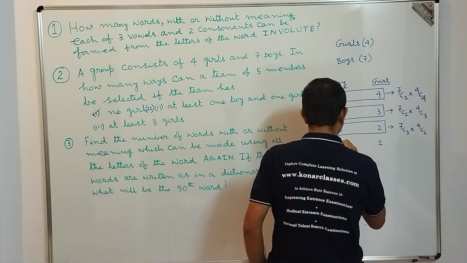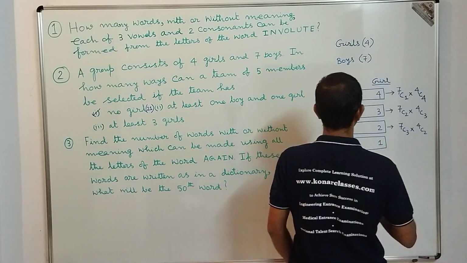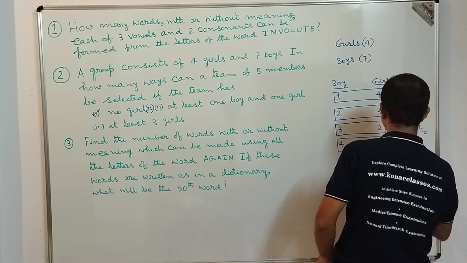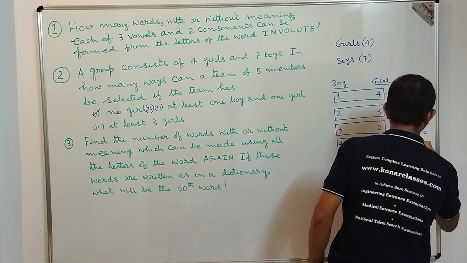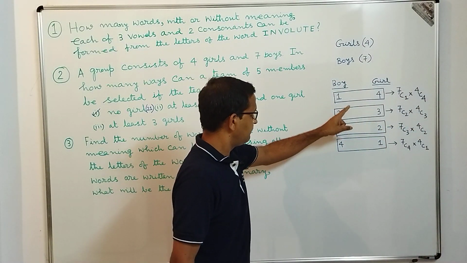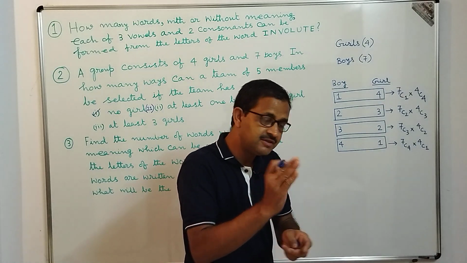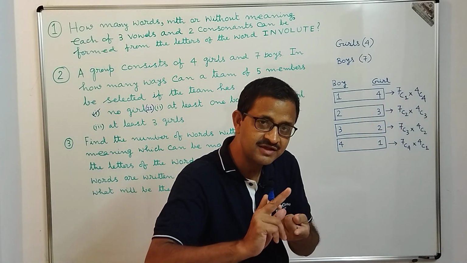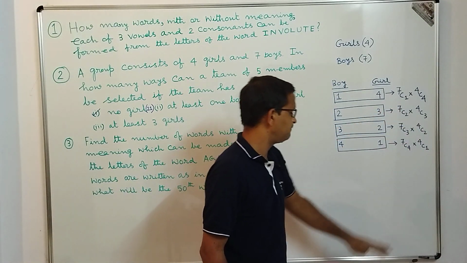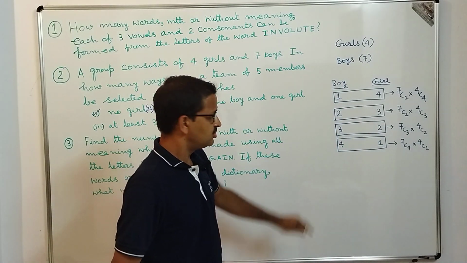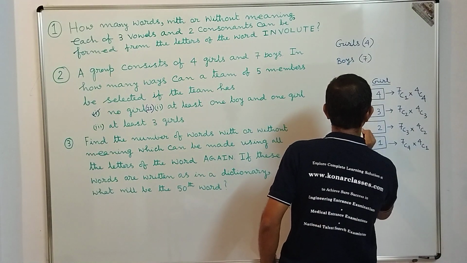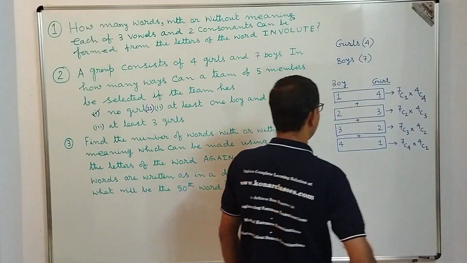And finally, let's come to the final one, that is 4 boys and 1 girl. 4 boys can be selected in 7C4 ways, and for each of these selections, we can select 1 girl from the set of 4 girls in 4C1 ways. For each of these we used the principle of multiplication, because based on one criteria of selection of boys, we can select the girls in that many ways. That is why multiplication. Now, to answer this question, each of these criteria are independent, right? So we should add them, by leveraging the principle of addition.